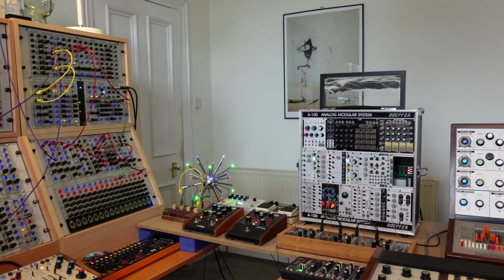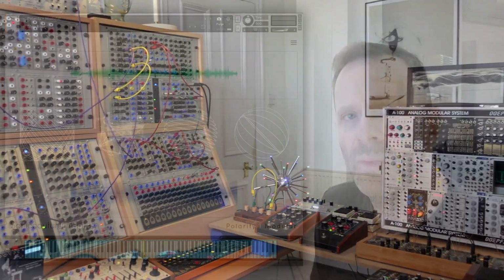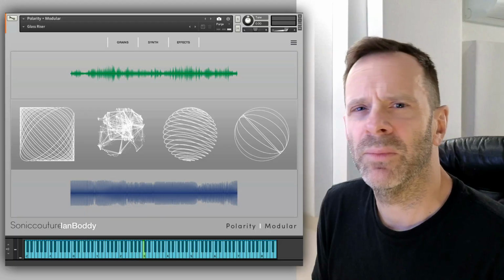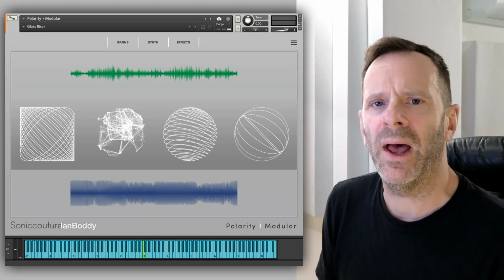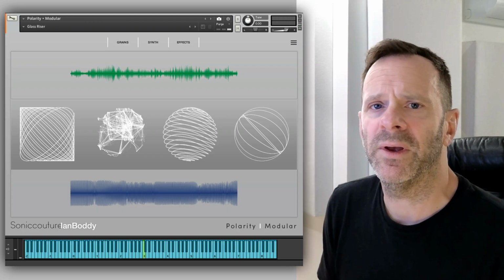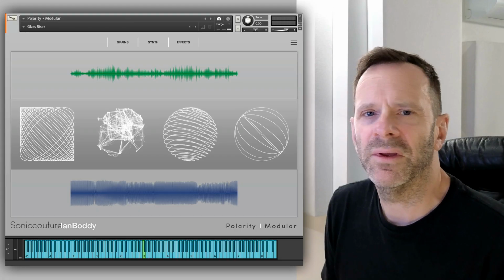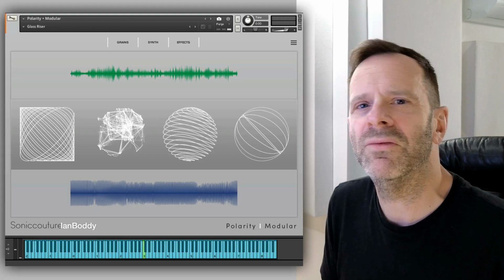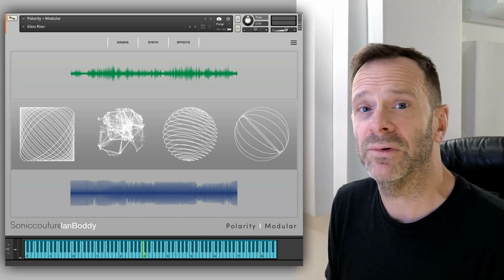Now, when we started on the modular project with Ian, we were excited but a little unclear as to how analog modular would translate into granular. Happily, it sounds better than we could have ever imagined. I think in many ways it kind of reinvents that sound for me. It seems to retain